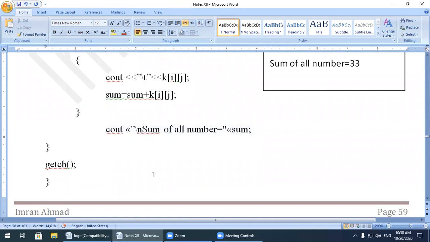I hope you understand. Do the practice at your home. You must do the practice. These are very logical questions. When you practice, your logic will increase day by day. But when you only listen and do not practice, you cannot understand. Whenever you make your own programs, not programs like that one, programs of C++, you can increase your logic very well. You can understand the statements and the purpose of statements very well. So I hope you understand.